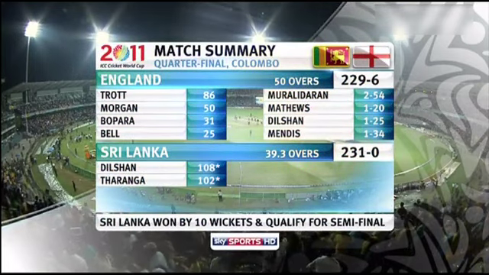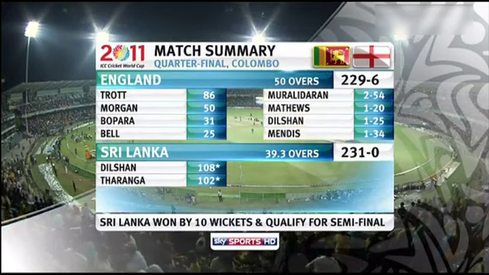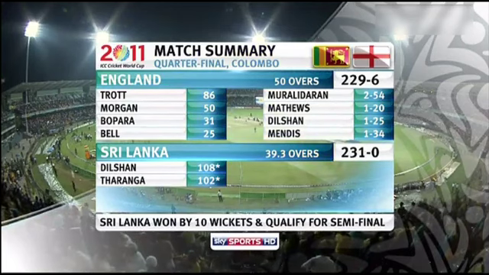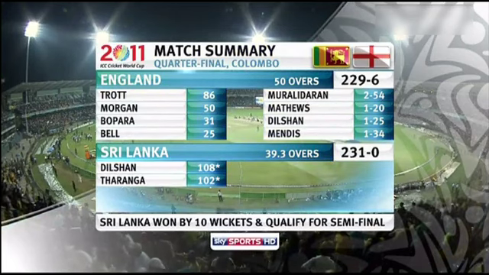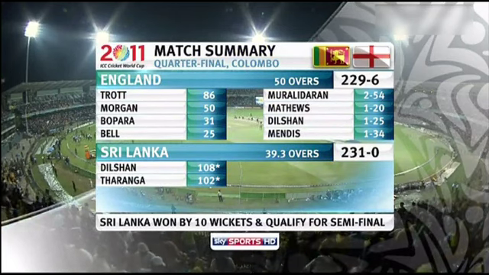Sri Lanka the winners then, and they will now meet New Zealand on Tuesday, again in Colombo, and they will start that match, I'm sure, as red-hot favourites. Well, still with me, albeit a little